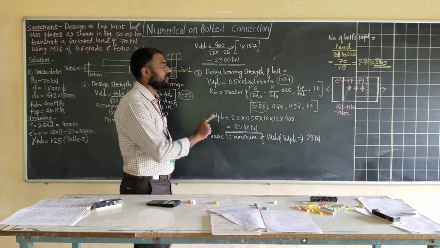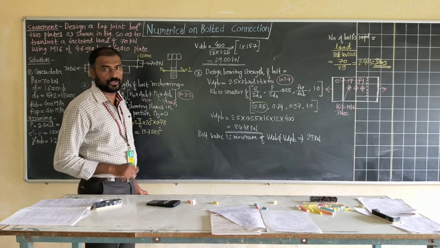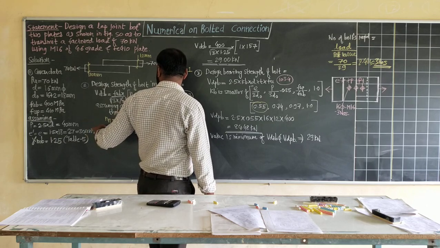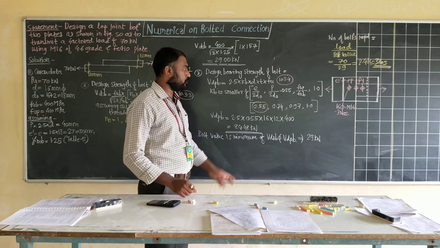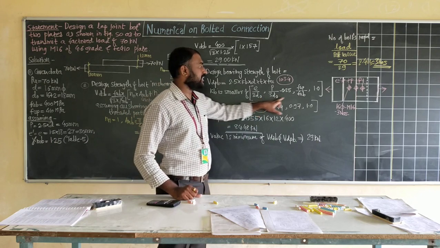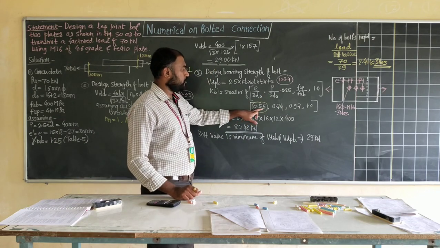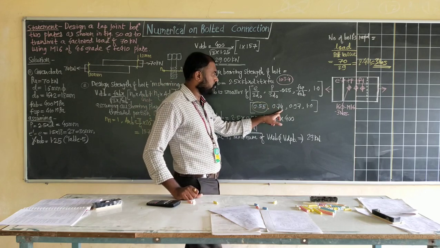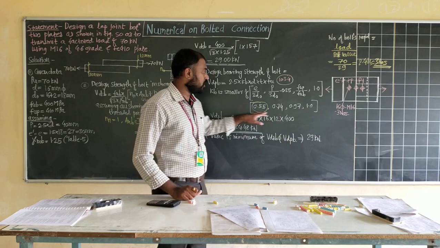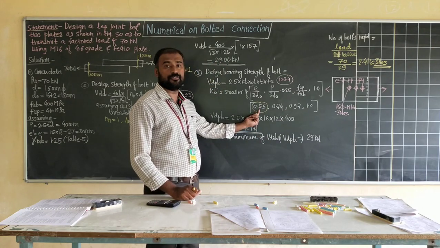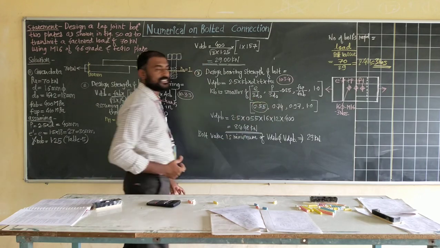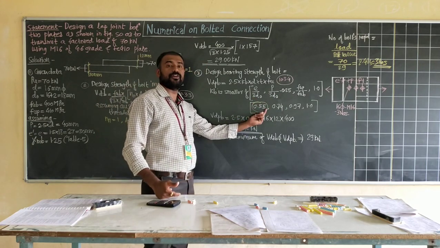So out of these 4 values you need to calculate the minimum value. Putting the value of edge distance as 30 mm and pitch distance as 40 mm, where D0 is the diameter of the hole, 18 mm, and calculating all the values we are getting 0.55, 0.74, 0.97 and 1.0. The smaller among all these 4 values is 0.55. So the Kb value we have defined based on these 4 calculations is 0.55.